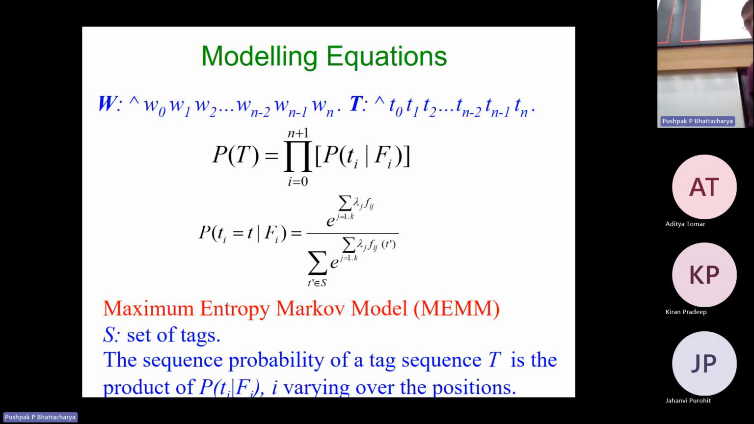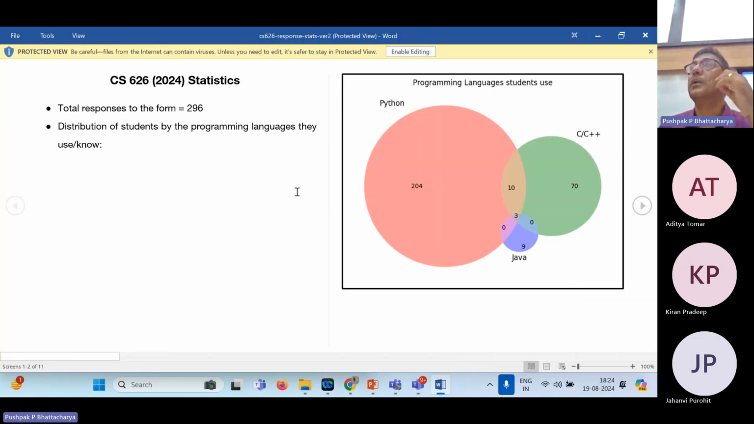Now, I want to show you something interesting. So this statistics was collected some time back. All of you had filled a Google form, right? And from that, we could do some interesting analytics on this. So the TA team did this analysis. And what is interesting is that we got about 300 responses, and